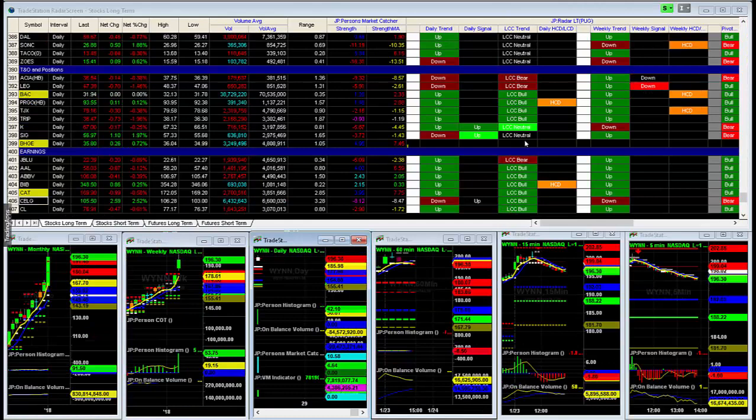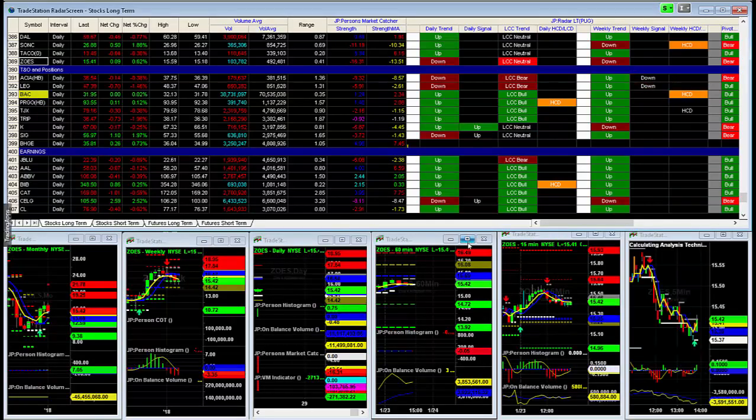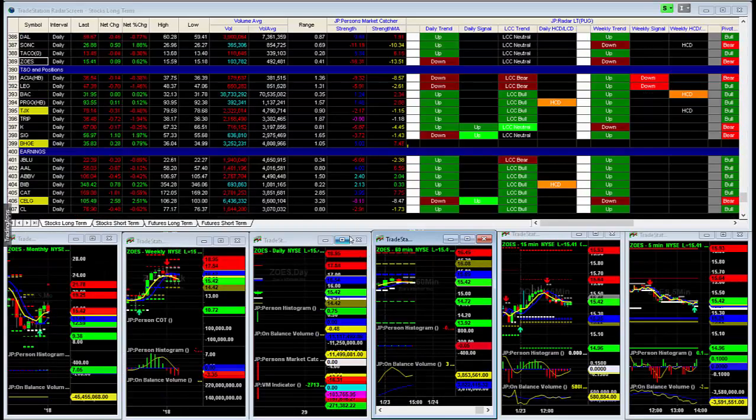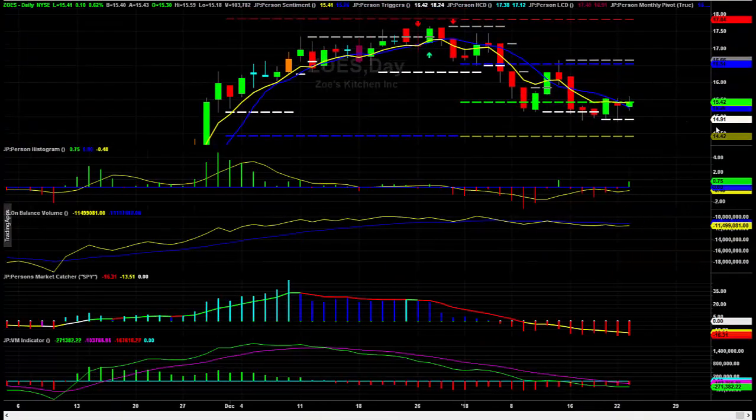So between bullish and bearish or neutral. Let's take a look at, just because it's there, ZOS. What does neutral mean? Real simple. Neutral means it may be generating, and again, excuse me, this was a 60-minute chart. Let's look at the daily. Keep things together. So what does it mean, neutral?